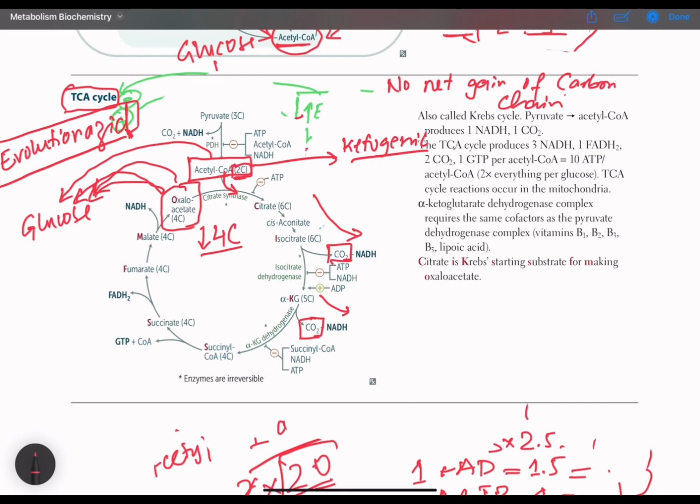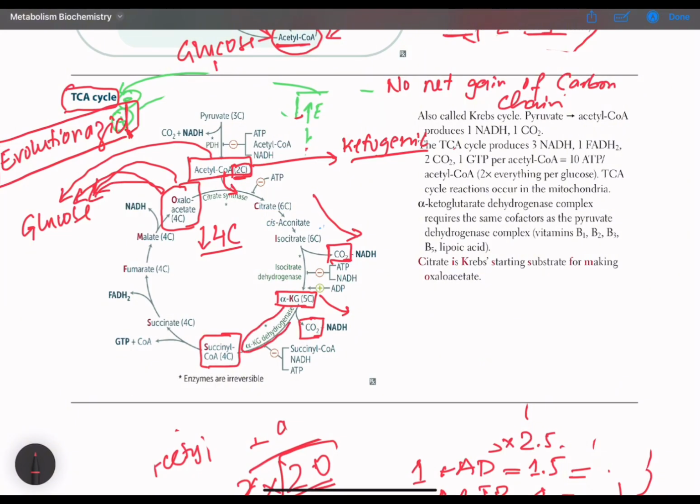So any substance which increases the net carbon of the TCA cycle will go on to develop into glucose. For instance, succinyl-CoA, which can be generated by conversion of alpha-ketoglutarate,